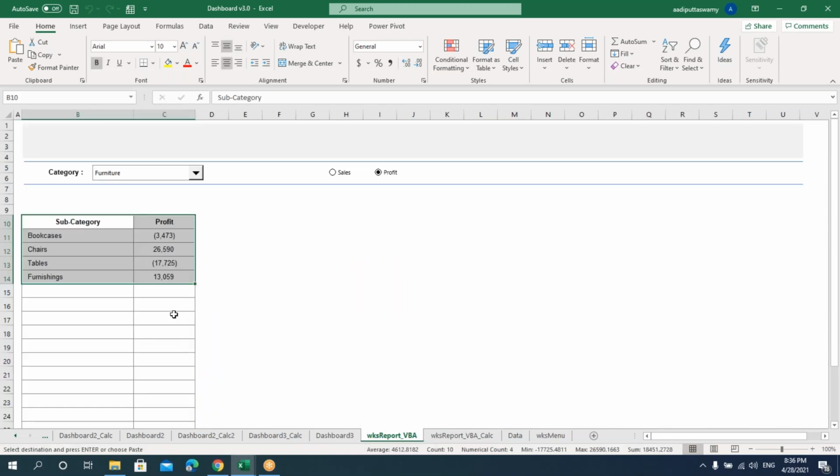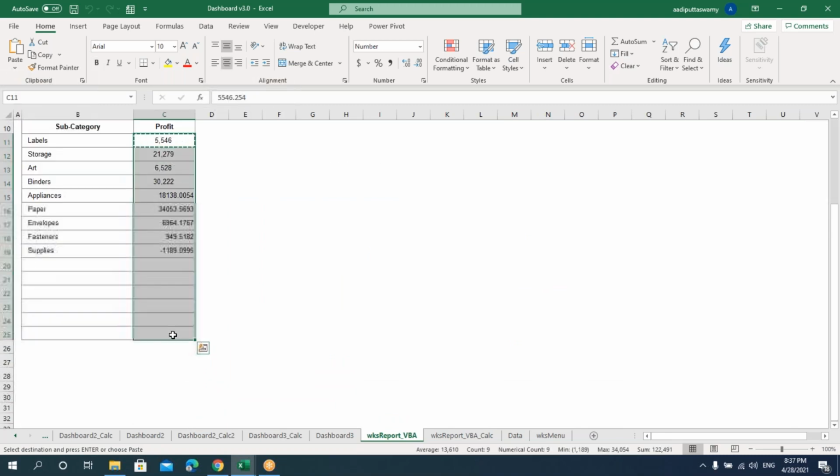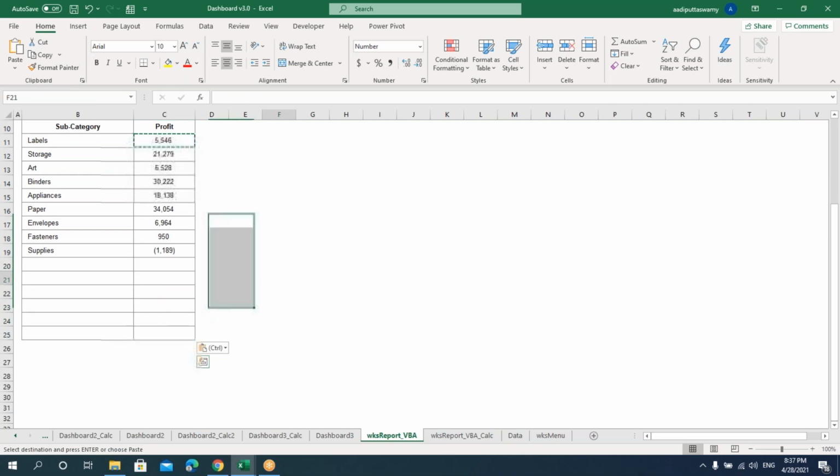I'm getting this. So I can see that it's profit and here I'm getting this profit. Let's change this to office supplies. So here I'm getting this office supplies. Let's format this as well. Right.